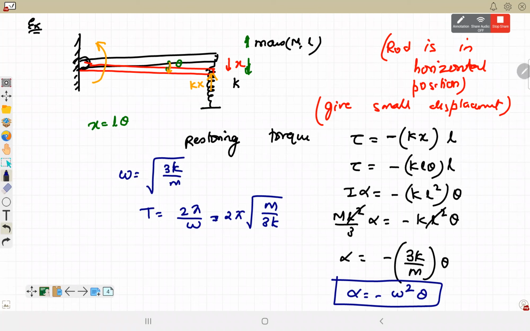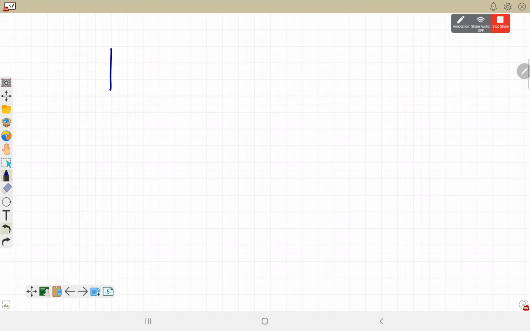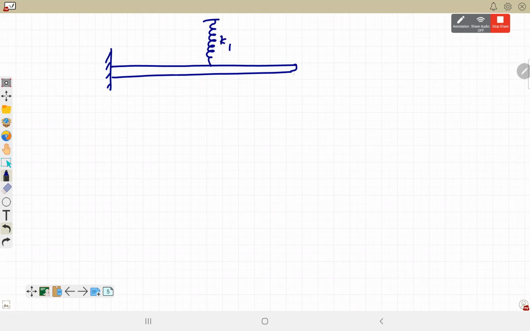So wherever the spring is attached, the spring's torque we can say is k into L square times theta. So for example, suppose another rod case. This is another rod which has two different springs. One is at the midpoint vertically upward, K1, and another is vertically downwards, K2. And in the same case, a rod of mass m and length L. What will be its time period? So to find its time period,